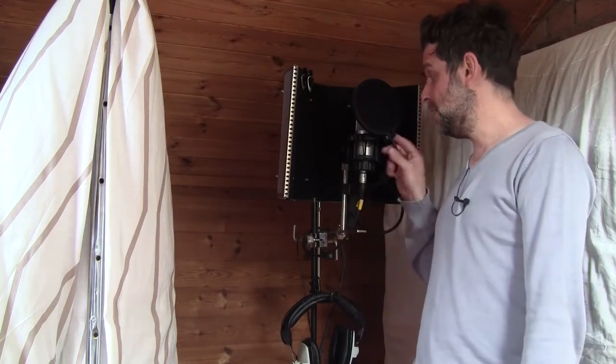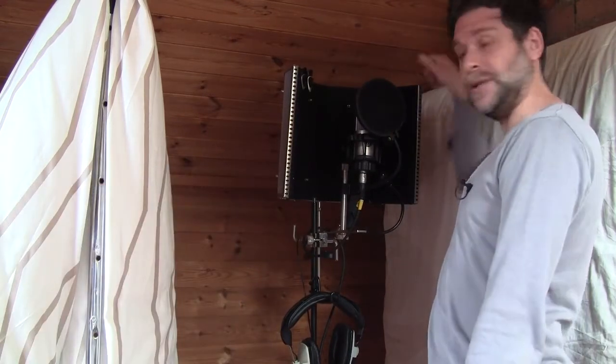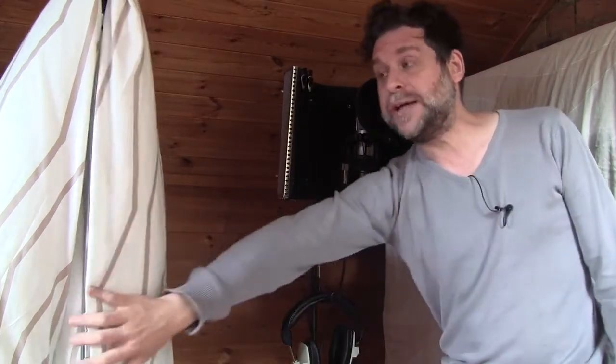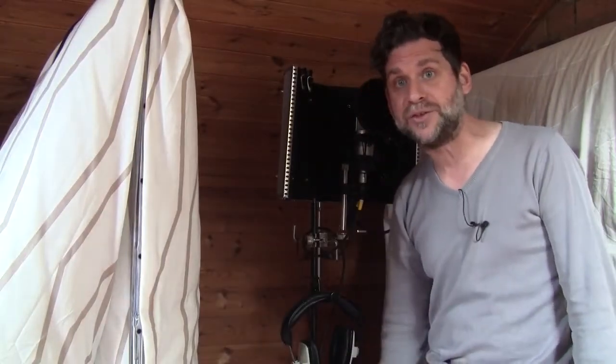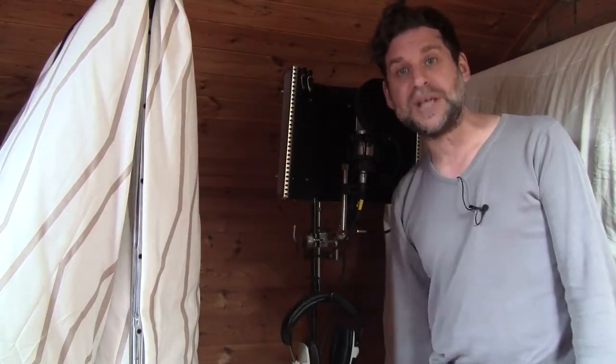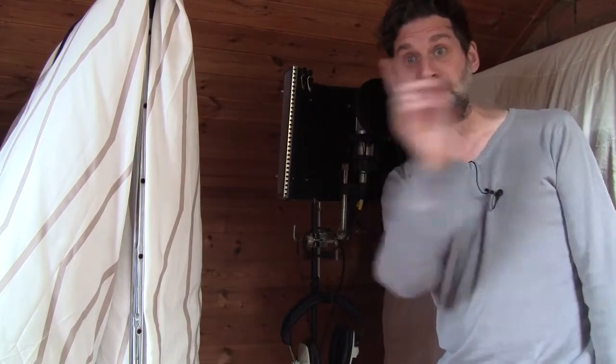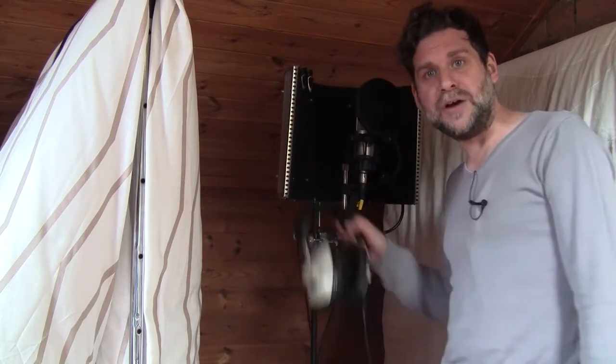Okay, so this is where I do vocals. As you can see, I've got my trusty Audio-Technica microphone, I've got a pop shield, and I've got an SE reflection filter to cut out reflections from the back wall. More importantly, my duvets on clothes stands make a great deal of difference to how the vocal sounds. I can move them around to form a temporary booth for whatever I'm recording. But for vocals, I leave one on each side, using the singer themselves to work as a shield against the back of the room. I've got my headphones hung up here,